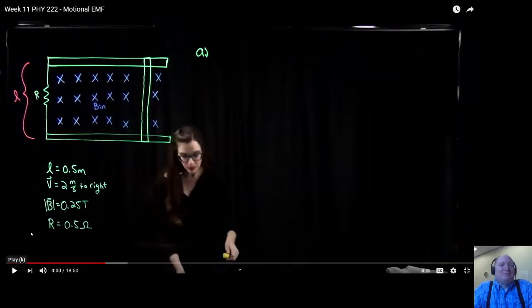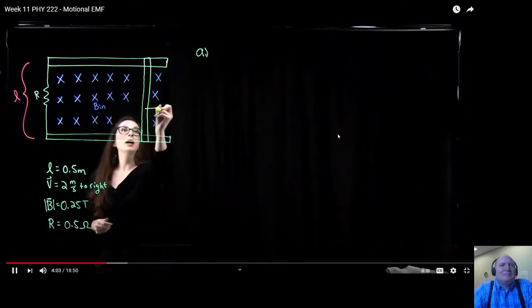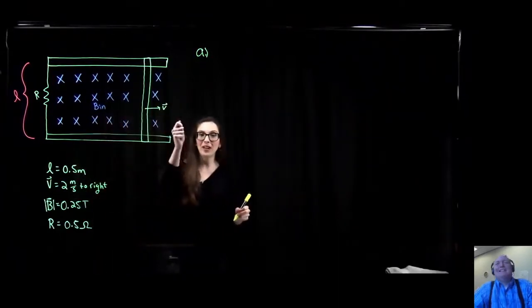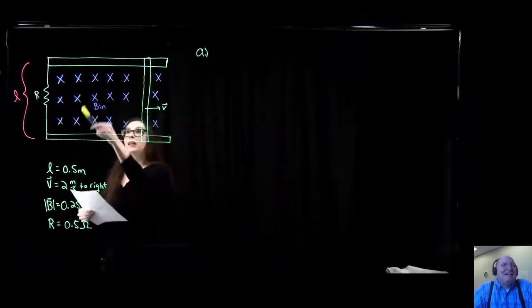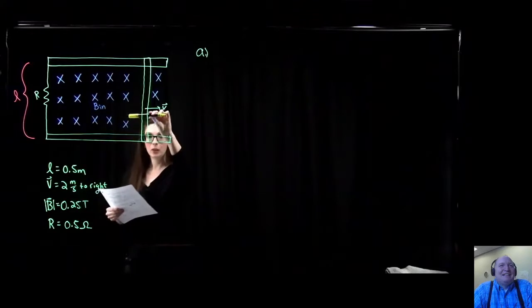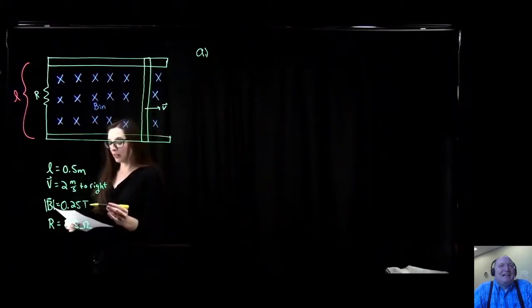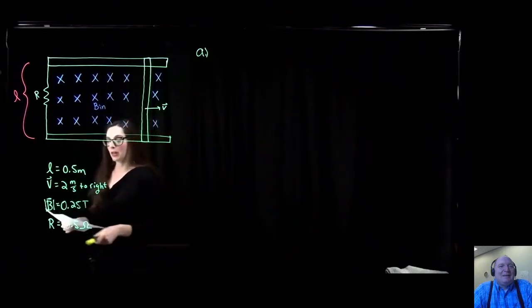Meters per second to the right. So somebody is grabbing it and is moving it to the right. And we've got a magnetic field inside the loop here, a magnetic field that has a strength of 0.25 Tesla, and the total resistance of my circuit